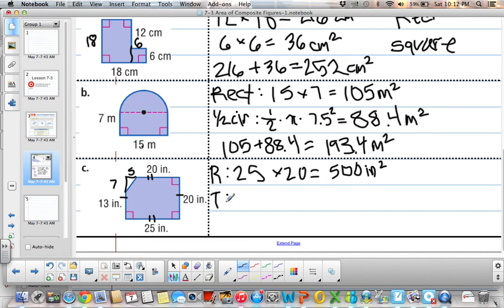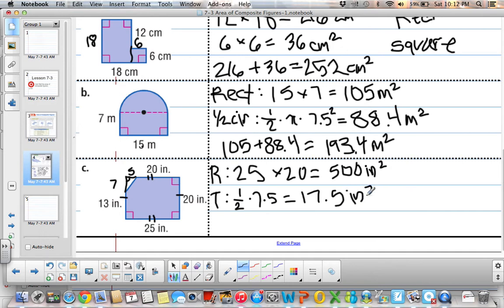Now we want to find the area of the triangle because we want to subtract that from our total area of our rectangle. So the area of a triangle is 1/2 base times height. So we have 1/2 times, and we know that this is a right triangle because it's the same as the other three angles. So 1/2 times 7 times 5. So we get 0.5 times 7 times 5 equals 17.5